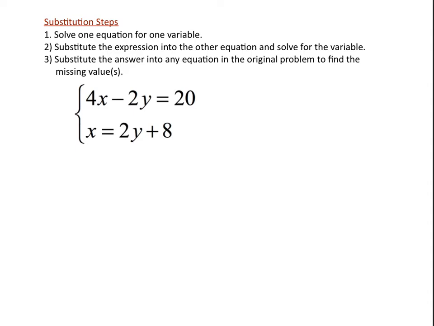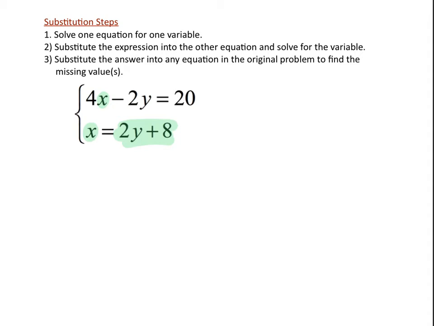Here's our next example. We have 4x minus 2y is equal to 20, and x is equal to 2y plus 8. So solve one equation for one variable. It doesn't have to be y equals. In this equation I have an x equals, so since one of my variables is by itself, I'm good to go. And so since my x is equal to 2y plus 8, I'm going to replace this x with my